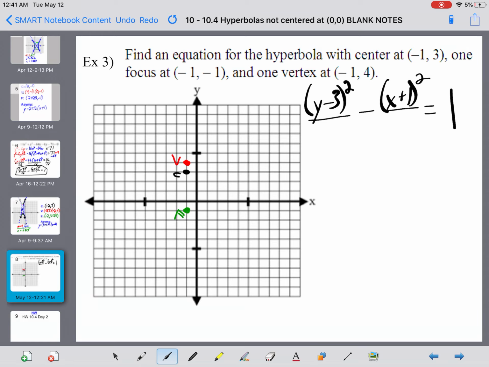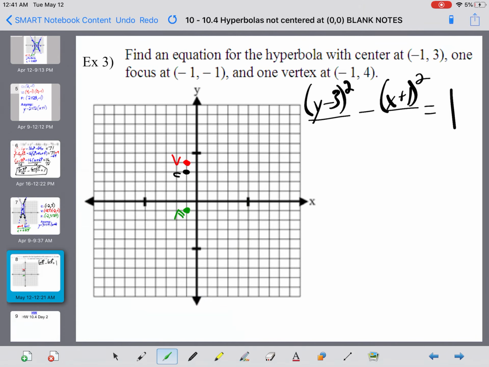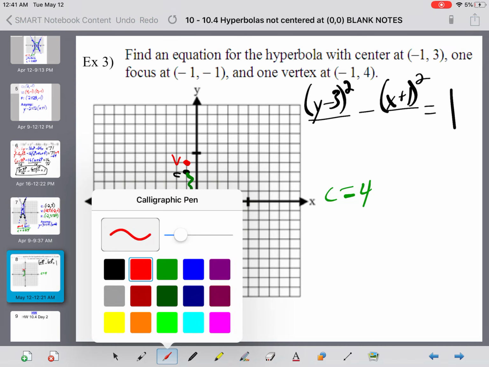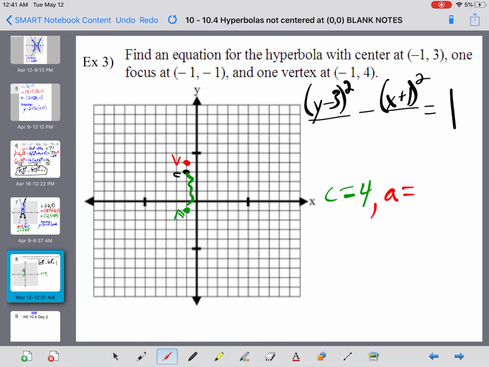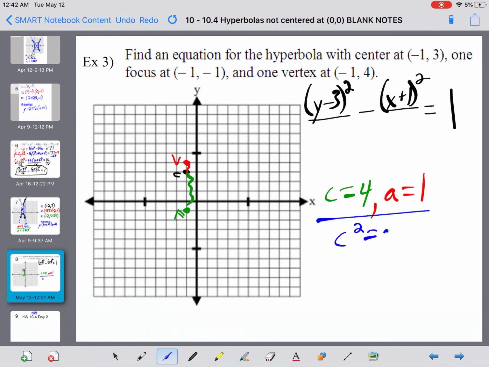Okay. Now what I have to find is the a value and the b value. I don't really care about c here. Well, I guess I do care because I have to use it to help me find the b. So from the center to the focus gives me a c value of 4, right? From the center to the vertex gives me an a value of 1. So if I use my formula, c squared equals a squared plus b squared, and I solve for b squared, I get 16 equals 1 plus b squared, and what I end up getting is a b squared value of